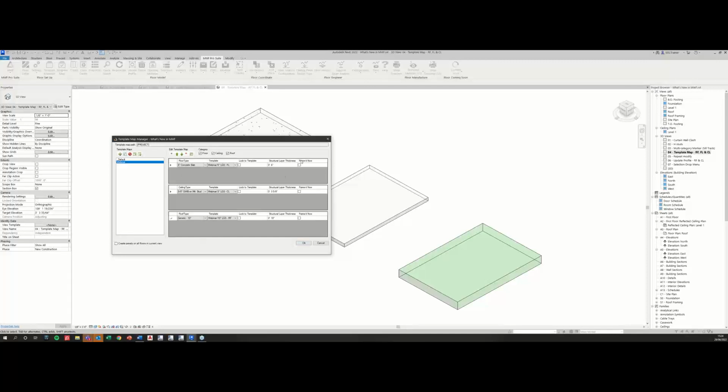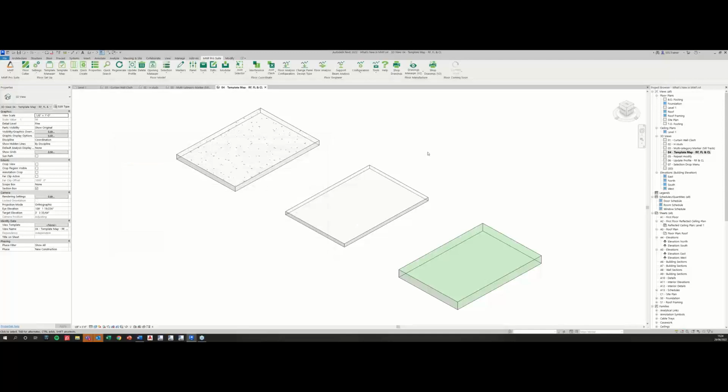If I wanted to, I could choose to frame it now, or I can just choose to regenerate them afterwards. Once I'm in the model, I can just choose to regenerate them there. I can also choose to create panels on all floors in the current view, which will just add the panels to all these elements which meet the criteria in the current view. Okay, so if I say frame it now,